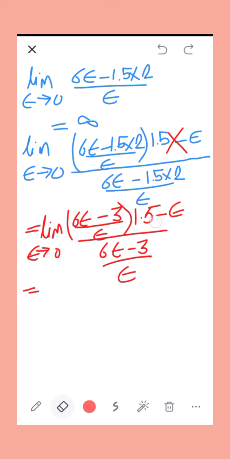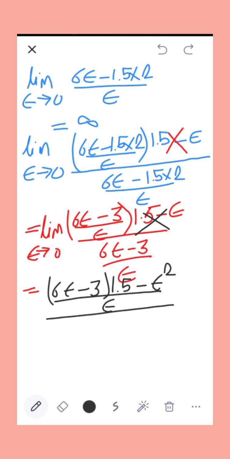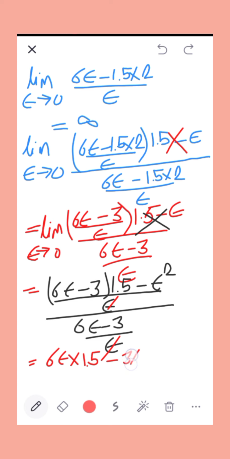Now see, simply cross multiplying, it is 6 epsilon minus 3 in bracket 1.5 minus epsilon square upon epsilon upon 6 epsilon minus 3 upon epsilon. So this epsilon gets cancelled, and the remaining term is 6 epsilon, now open the bracket, into 1.5 minus 3 into 1.5